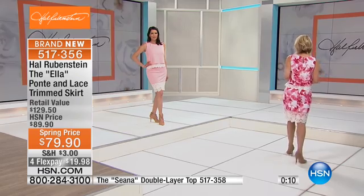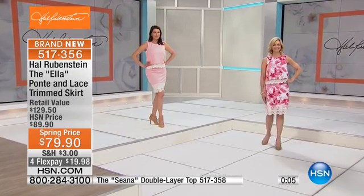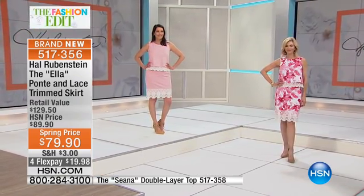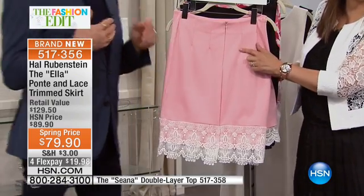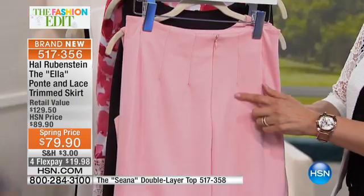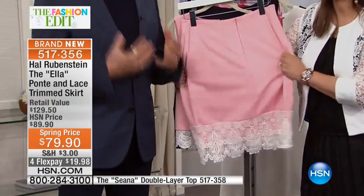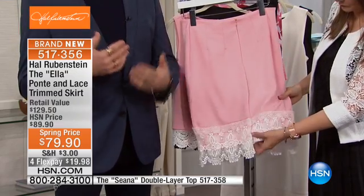Okay, I have a question for you about this seaming in the back. Hal, look, this is not just a pull-on skirt. This is really tailoring at its finest. The whole idea of these multiple seams is that I want you to be able to move on the lower half of the skirt, but I want it to basically hug your waist. You see it on red carpets, where people